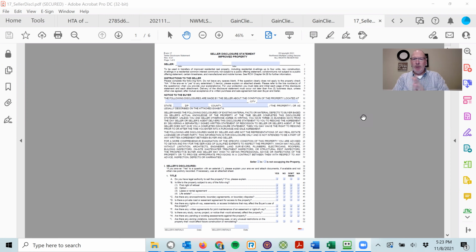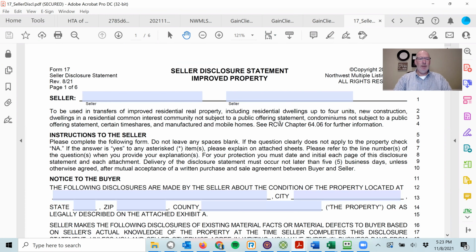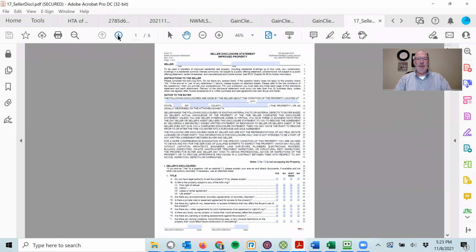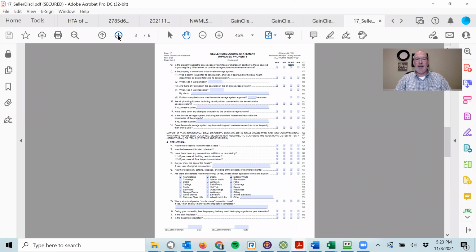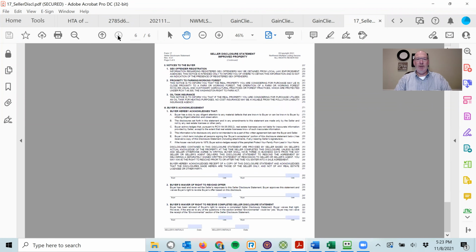So today we're going to cover Form 17, the seller disclosure. You'll notice the seller disclosure version is only a few months old. It's November right now, and this was updated in August. The reason I want to show you the full page view is this is a 6-page document full of a